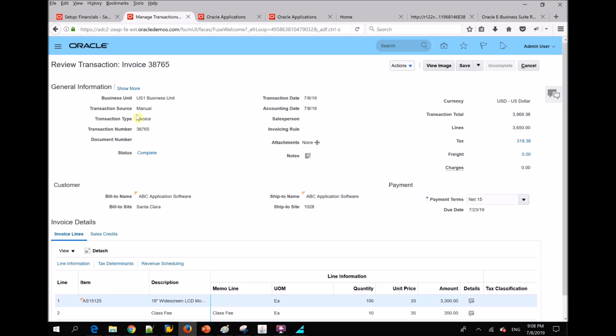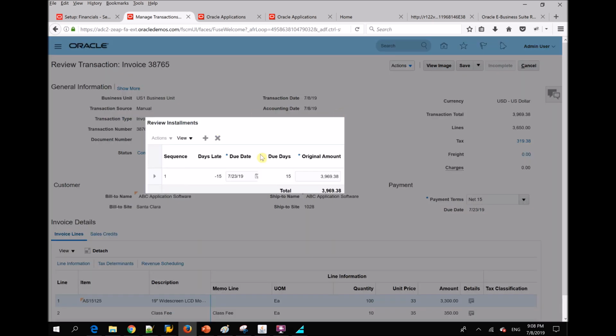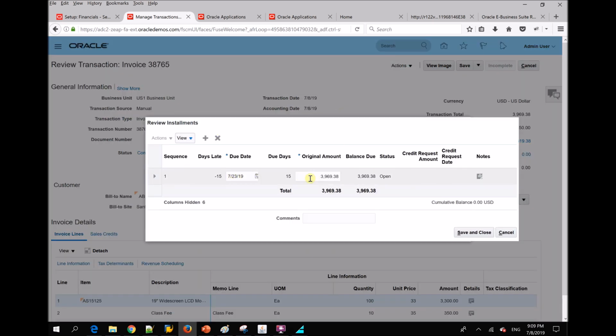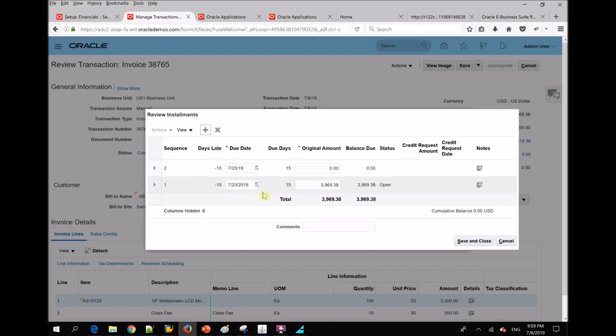From that page also I can view the installments, but here also I can view. So click on actions and then review installments. The system will open a new pop-up. Right now there is only a single installment, but suppose I want to manually make changes directly in the installment, I can click on the plus sign and add a new line over here, and I'll change this amount to, let's say